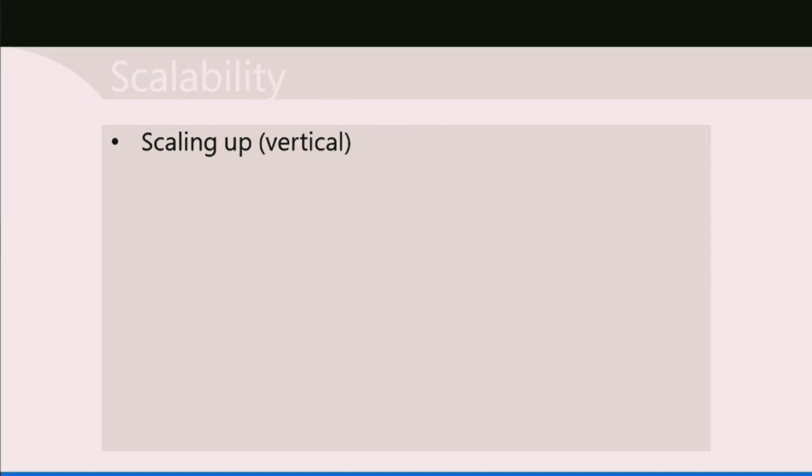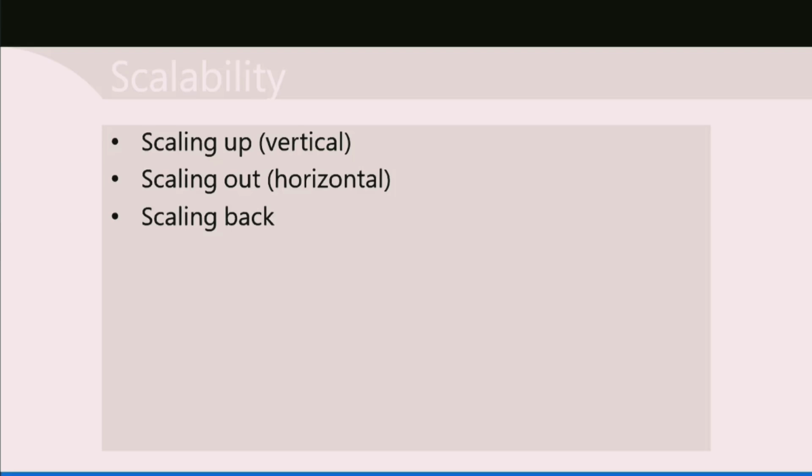Scalability comes in two sort of flavors. There's scaling up, which is vertical, and there is scaling out, which is horizontal. By scaling up, we mean adding capacity to virtual machines, like adding memory or processor power to a particular collection of virtual machines, and scaling out means adding additional virtual machines to a scale set. Both of those can be configured manually as you need to make a change, or automatically on a scheduled or usage basis. And of course, when a peak in activity is over, you'll want to be able to scale back so you can reduce costs.